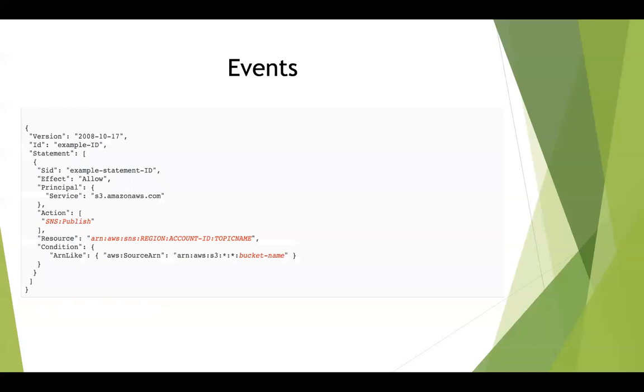Okay. So this is an example of a topic policy when it comes to SNS. In this topic policy, we can see that we have the effect as allow, the principal service being s3.amazonaws.com, and we are publishing to that particular topic. You can see that the resource is going to be that topic's ARN, and the condition is going to be our particular S3 bucket. So we are going to monitor this S3 bucket using SNS, and each and every time an object is put or deleted in this S3 bucket, we will be able to publish a notification to that particular topic and to the subscription that has been made to that topic, which is going to be the administrator's email address. Okay.